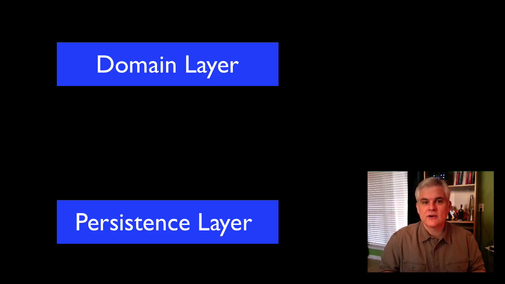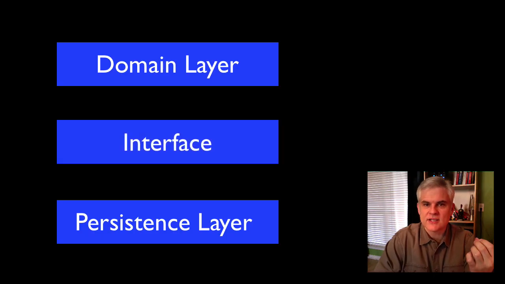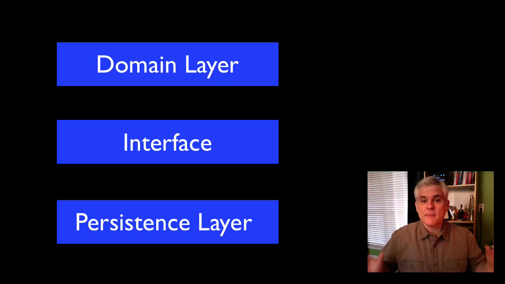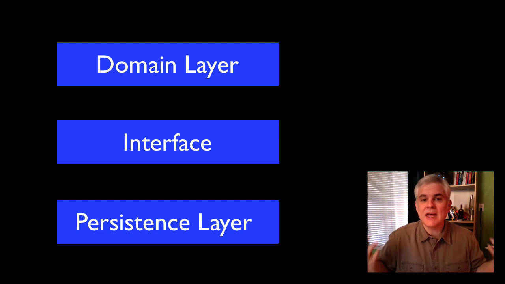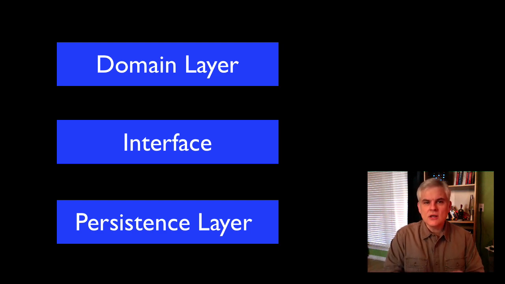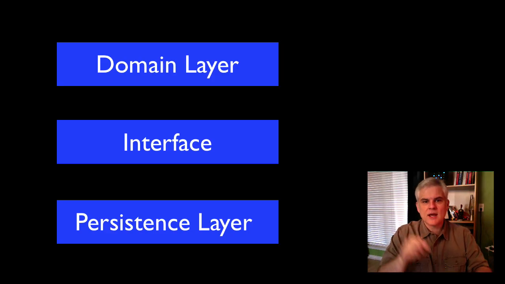To utilize this pattern, I would first add a layer of indirection, or rather a layer of abstraction, a C# interface. This would be a contract. The domain layer needs certain services from whatever implementation of the persistence layer might serve it. So the domain layer would dictate the method signatures through the use of this C# interface, through this contract. So the domain layer, in essence, is saying, hey, I'm willing to work with any persistence layer as long as it abides by the terms and the conditions as laid out in my contract. This is the contract, this C# interface. If you want to work with me, you have to implement these methods, including these input parameters and these return